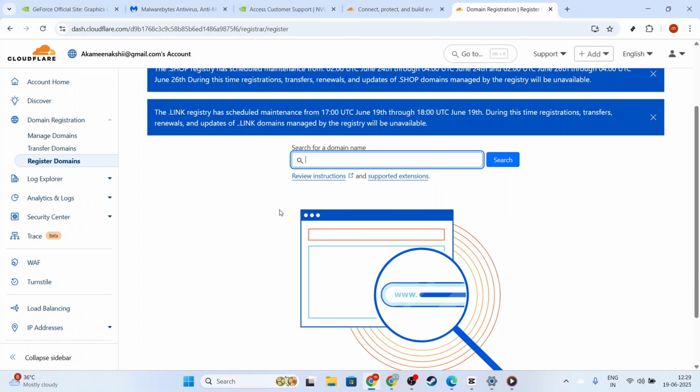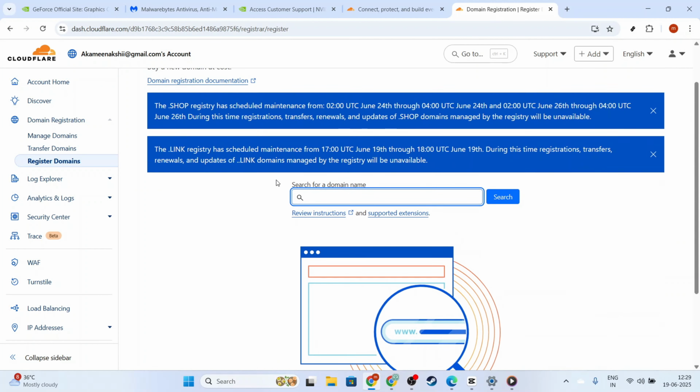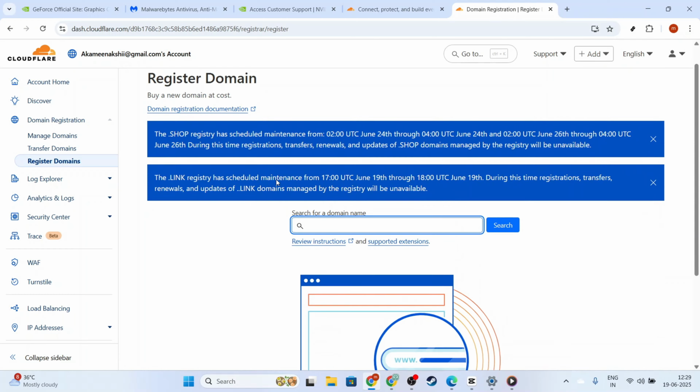Next, let's tackle the SPF record. Staying in the DNS settings, you'll want to add a TXT record. Typically, the name field will have @ or your domain, while the content field will contain a specialized string. This string should include your authorized mail servers and other mechanisms, such as include: